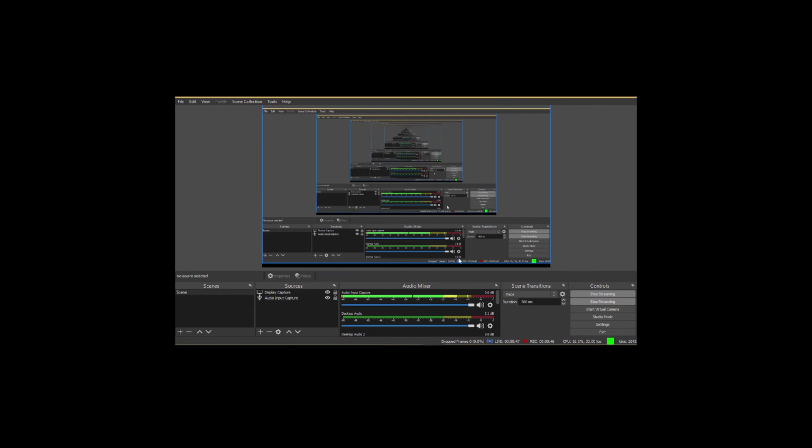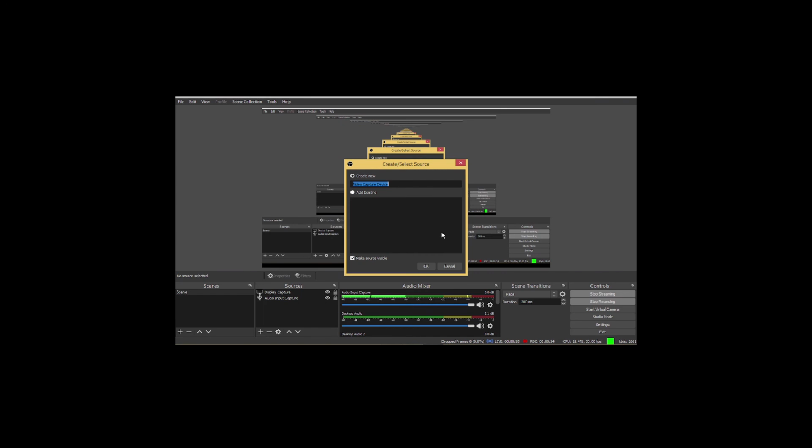This is the OBS Studio environment. I want to see myself on screen. For that, I add the option video capture device. I click on OK. Now it's opening the camera. I take the Lenovo Easy Camera of my laptop.